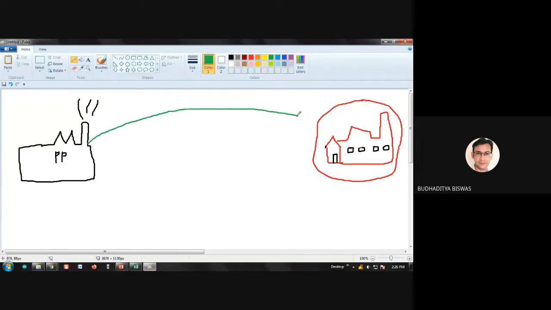So the power which is generated remotely needs to be brought to this load center, or the city, using the transmission line. Now suppose this transmission line is 100 km long. The transmission line is constructed using aluminum wire. One common sense, general knowledge question: which is the best conductor on earth?